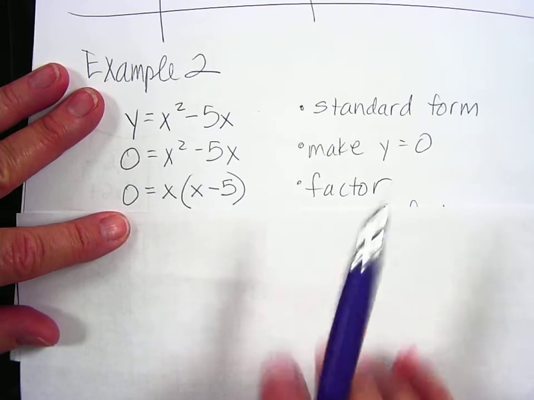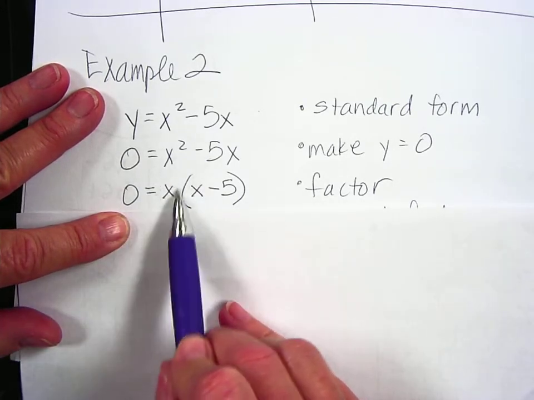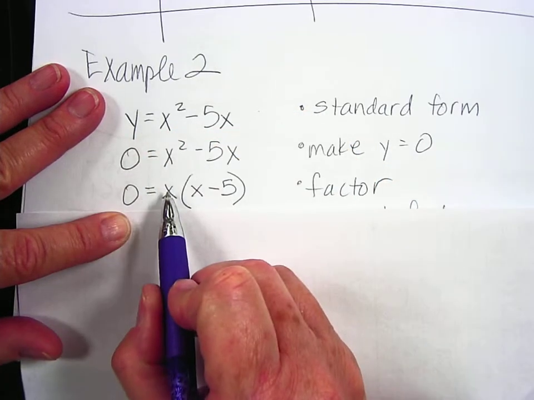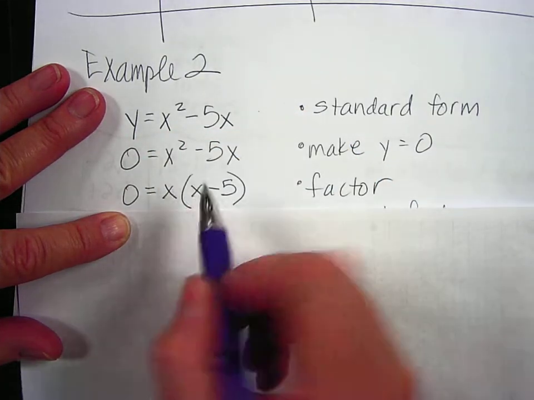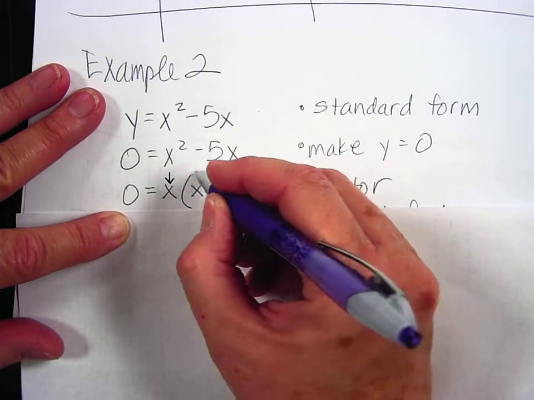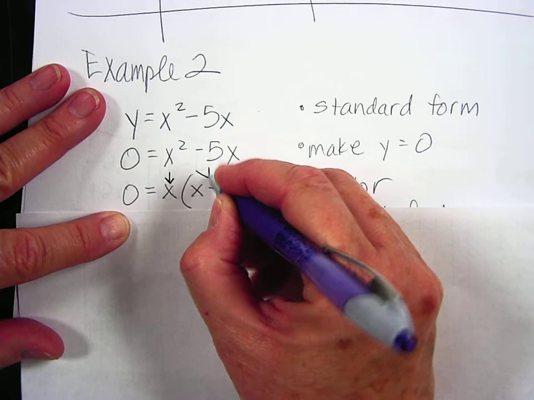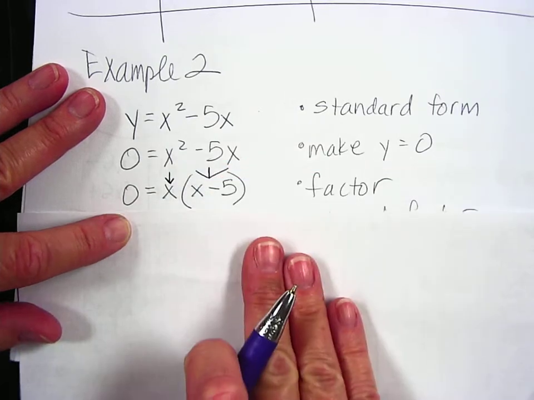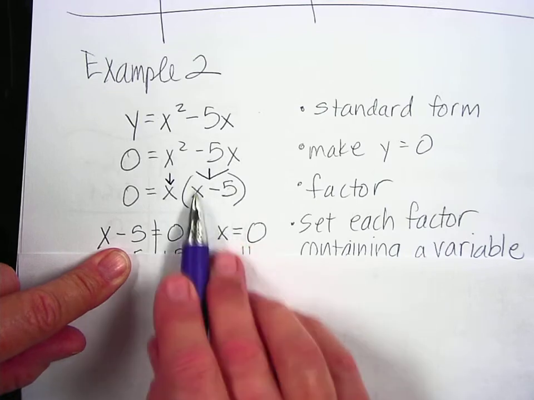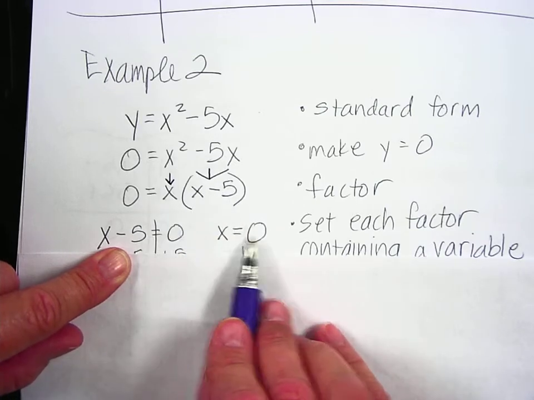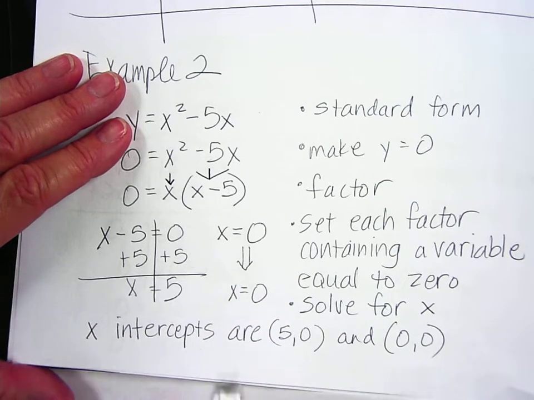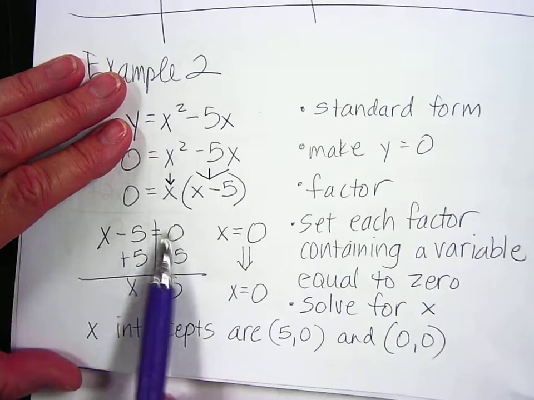Now I'm going to use my zero product property by making every factor containing a variable equal to 0. So here's one factor. I'm going to make x equal to 0, and here's my other factor. I'm going to make x minus 5 equal to 0. I'm going to solve both of those by isolating my variable, and here I find that x